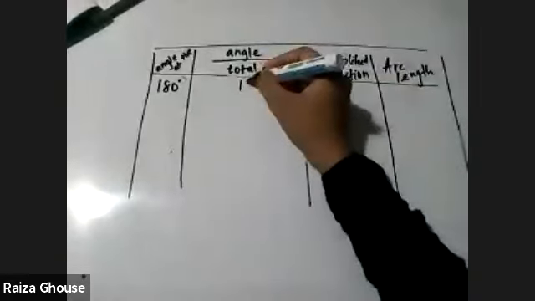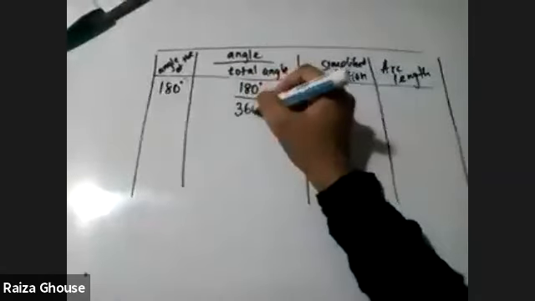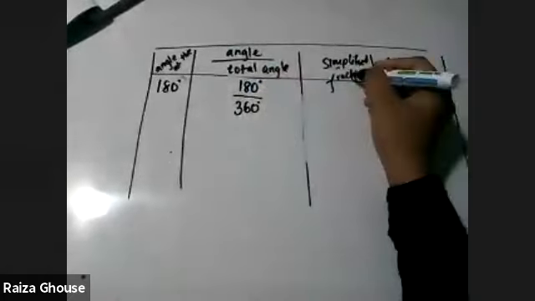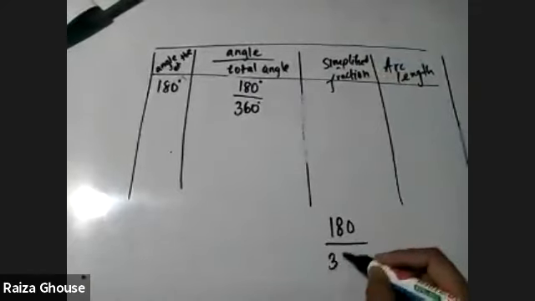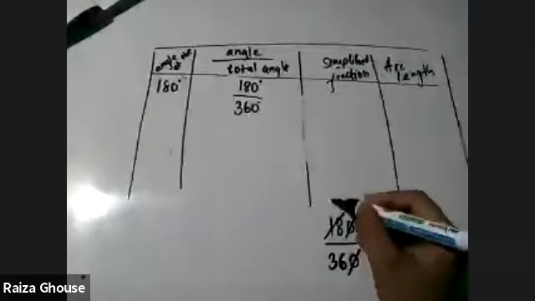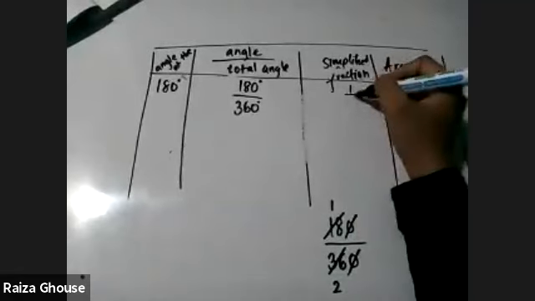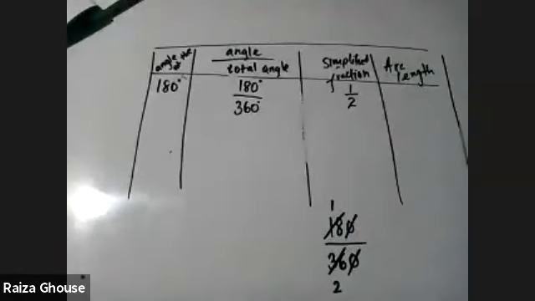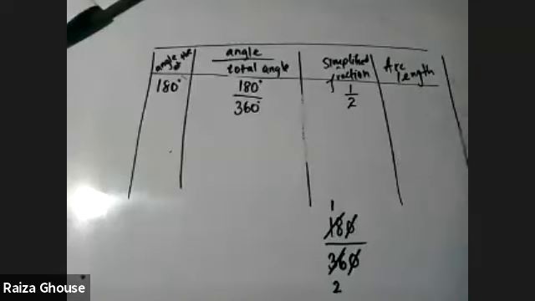So how do you write it as a ratio? 180 degree upon total magnitude 360 degree. What is the simplified fraction? Look at the screen board now here. 180 upon 360. 0, 0 cancels. 18 times 1, 18 times 2. Simplified fraction is half. So if they give you 180 magnitude semicircle, use half as the fraction. It will be easy for your simplification. Half.